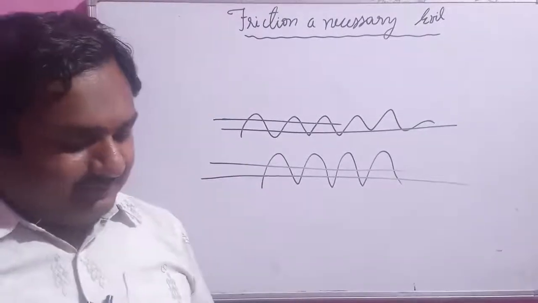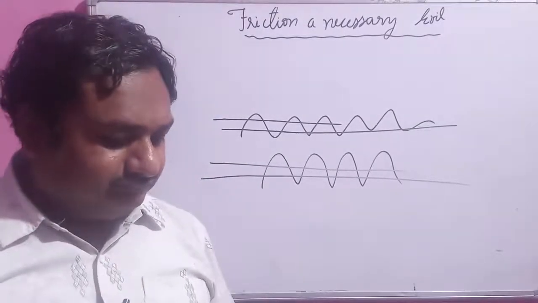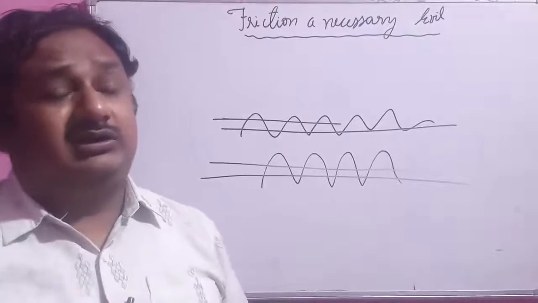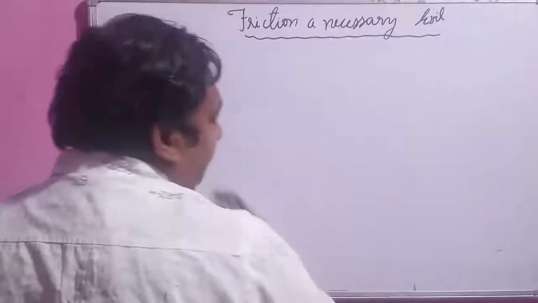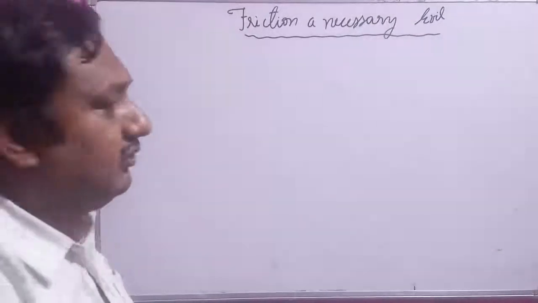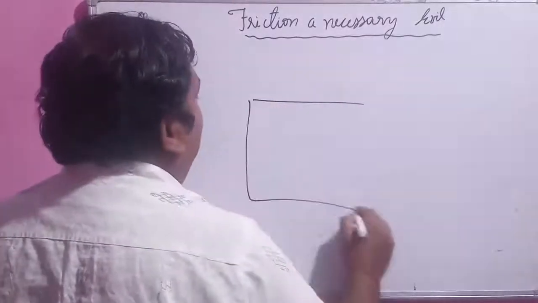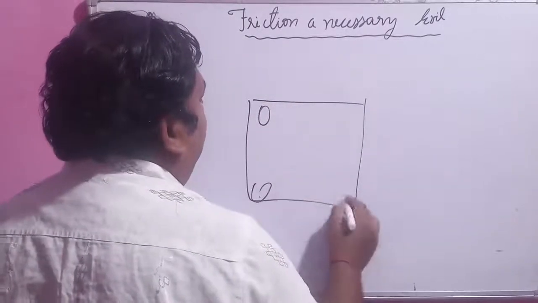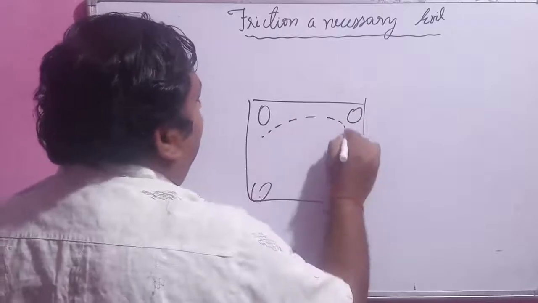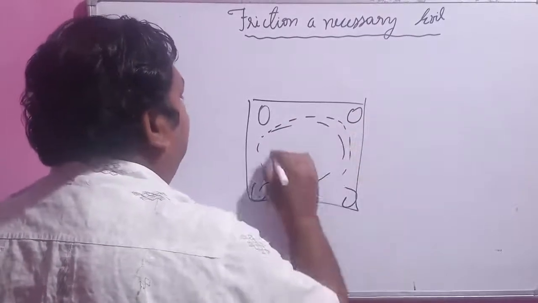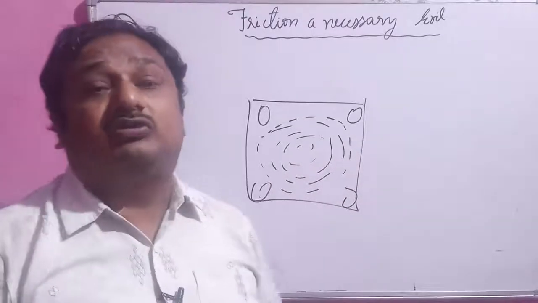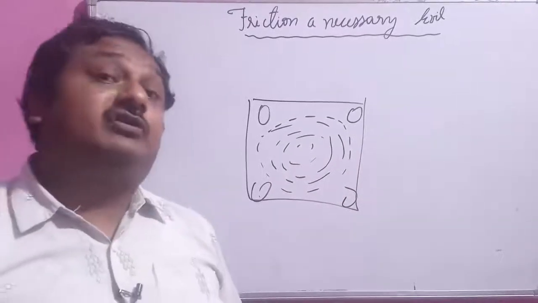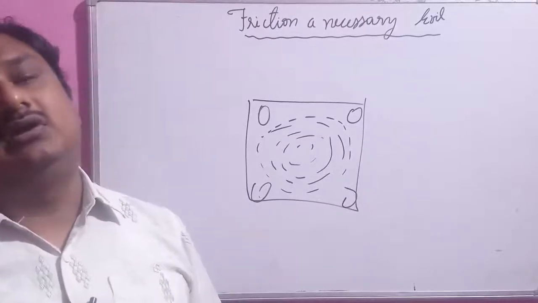Okay, now the third thing, talc powder. There is a talcum powder, what we say talc powder. All of you know, if you play carom, to reduce the friction force, we spray a particular powder. Why are we spraying a powder on the surface of the carom board? Because it reduces the friction force.